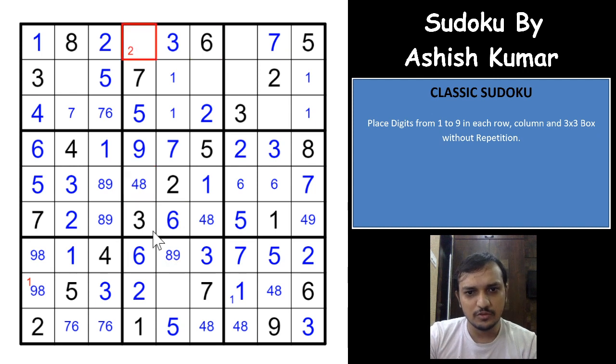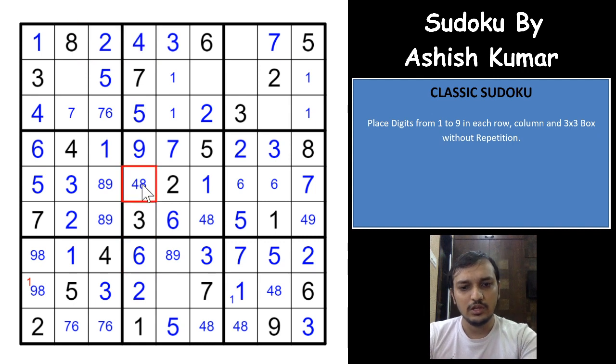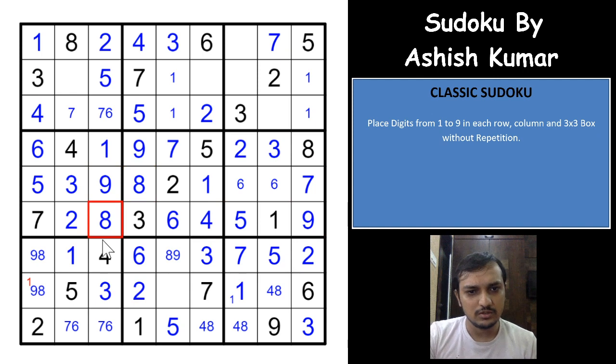Okay, this 6 gives you a 4 8 remaining possibility in these two cells in this column, so I already have a 8 here, which means this would have to be a 4, this would have to be an 8, that gives you a 9 here, an 8 here, that gives you a 4 here, a 9 here, and this 8 gives you a, okay, 8 in one of these two cells, right?